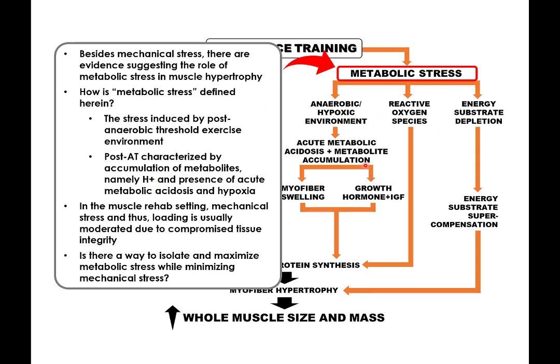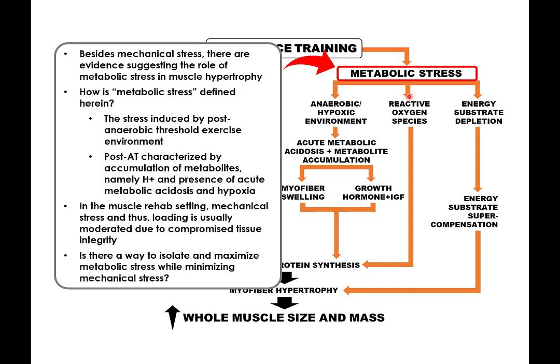Here we have the figure I presented earlier on the underlying mechanisms of muscle hypertrophy. We discussed mainly the importance of mechanical stress in promoting muscle anabolism, or myofibrillar protein synthesis, and eventually muscle growth, or hypertrophy. Now, the other factor that contributes to muscle hypertrophy during training is the metabolic stress component. This is likely not the most critical component versus the two, but it is nevertheless a known stressor that induces hypertrophic adaptations in muscle.